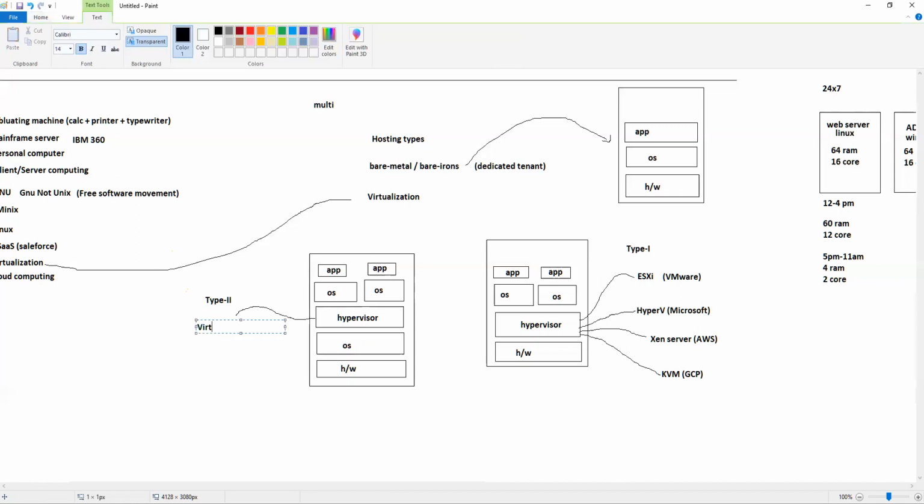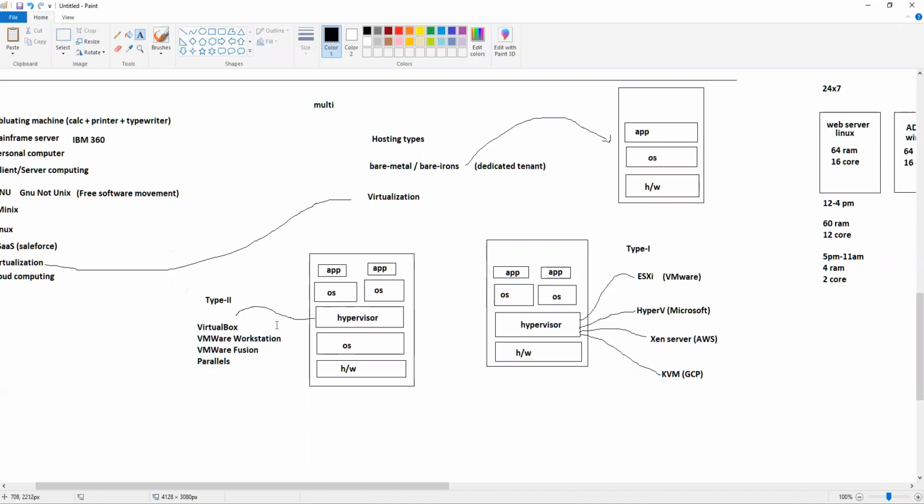We have VirtualBox by Oracle, VMware Workstation by VMware, VMware Fusion, something we use on the Mac, and Parallels. And there will be a few others as well. These are the common ones that I've listed within type 2. And these are the common ones widely used in the industry for type 1.